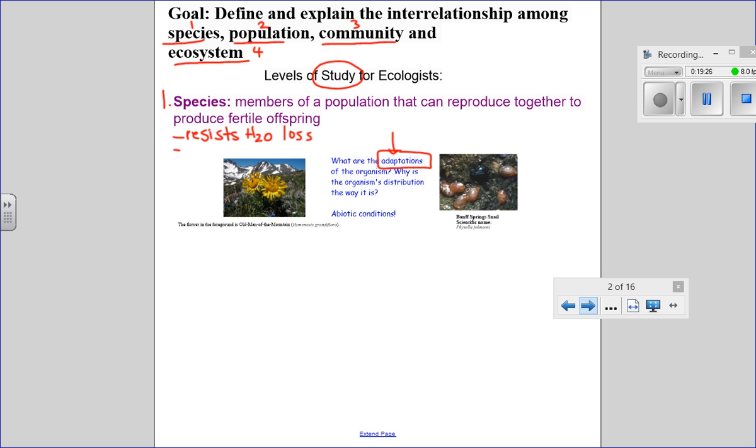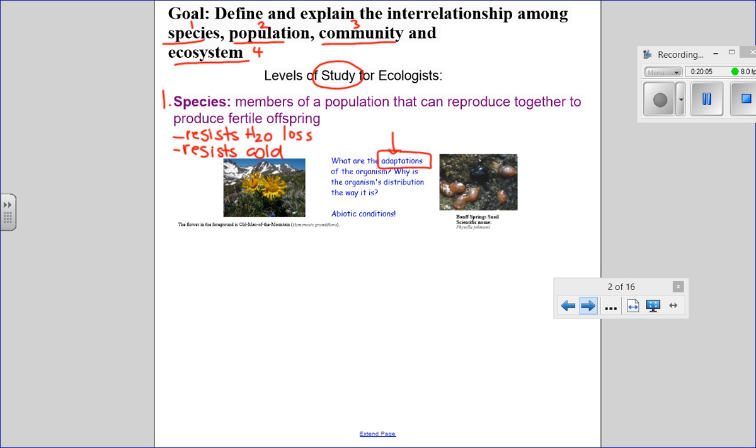for a plant to live at the top of a mountain where there is usually less water available, it has to be able to resist water loss, or to survive with low amounts of water, or to conserve water. The other thing is that it would probably have to be able to resist cold, and that's because the higher you go up in altitude, the colder it is. So the Old Man of the Mountain is a flower that has adapted to survive in drier, colder conditions, which is why it's a flower that can grow on the top of a mountain.